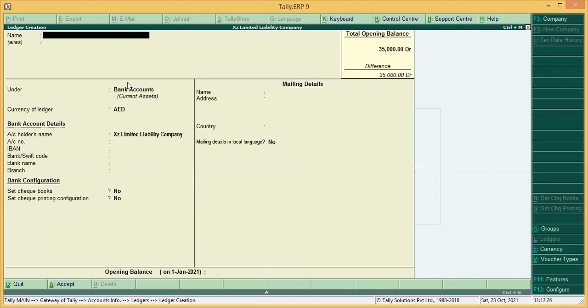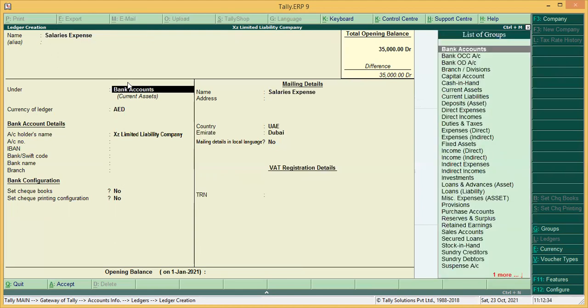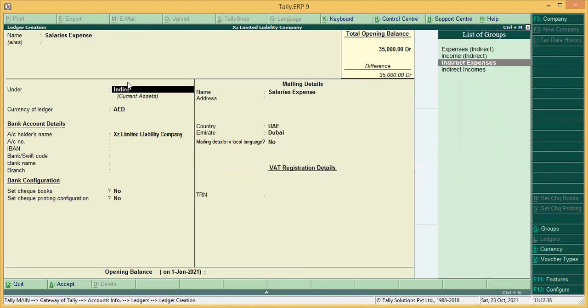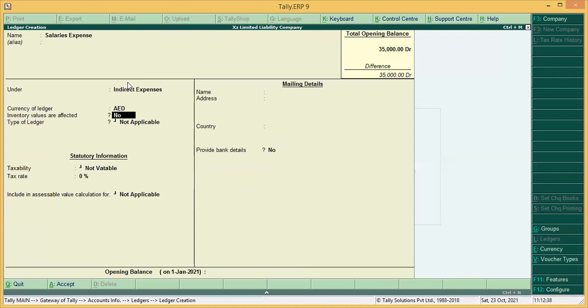After that, students, how to create, say, one of the expenses. I want to create the salaries expense. I will write here salaries expense, say it is one of your indirect expenses. Usually salaries are not vatable. You will select here not vatable, and like that you will save it. Correct. In the same way, students, you will be able to create different kinds of ledgers.